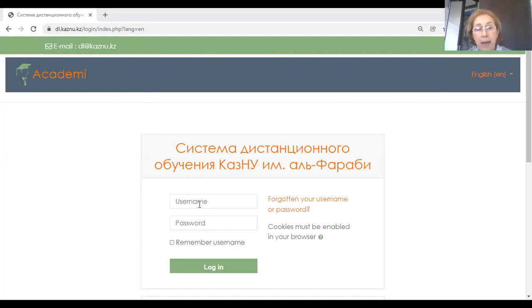You shouldn't write the username or password in the center of the window. No, you should click вход в систему. Do you see? I've changed to English, but it is still in Russian. Вход в систему. This is enter the system. And if I click it,